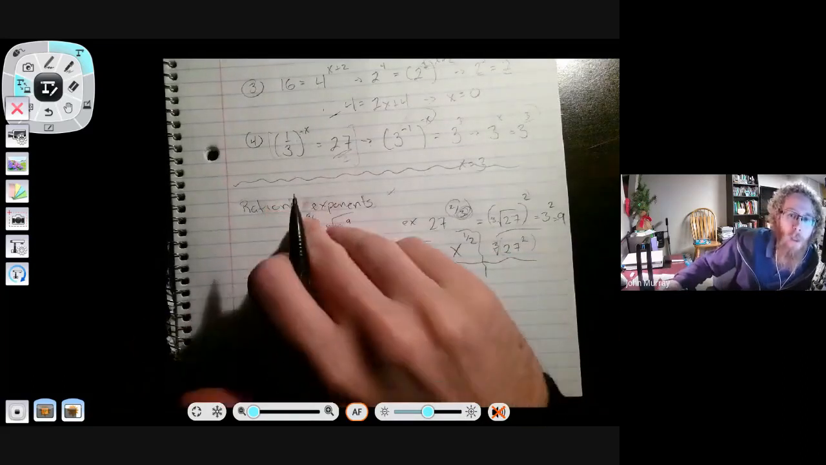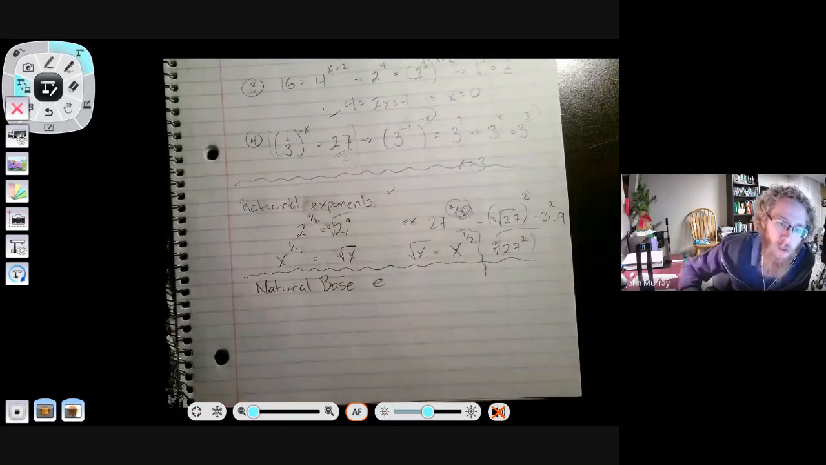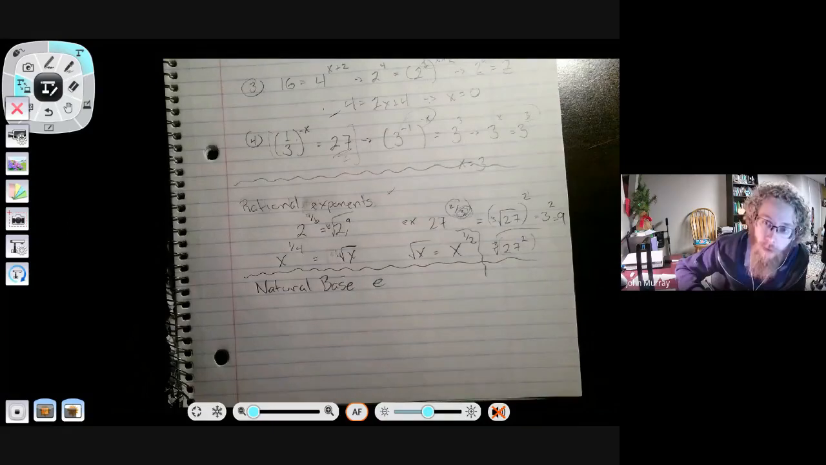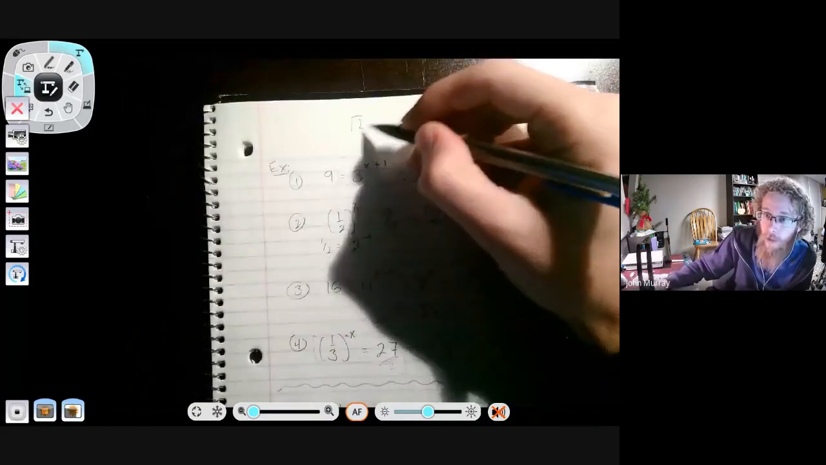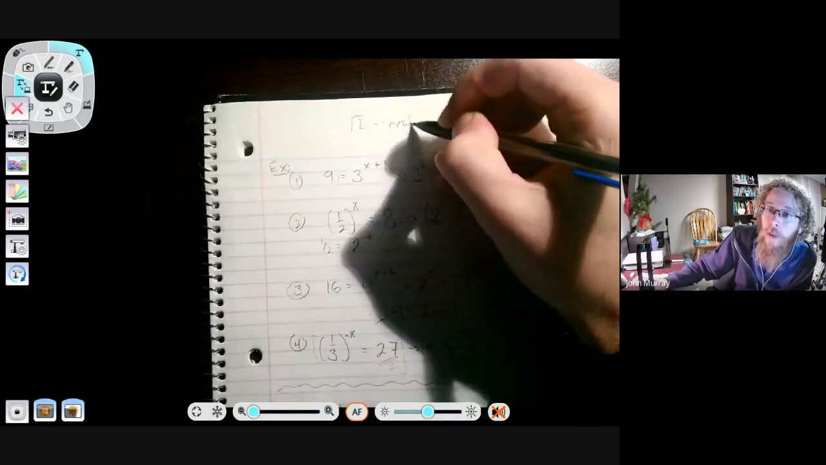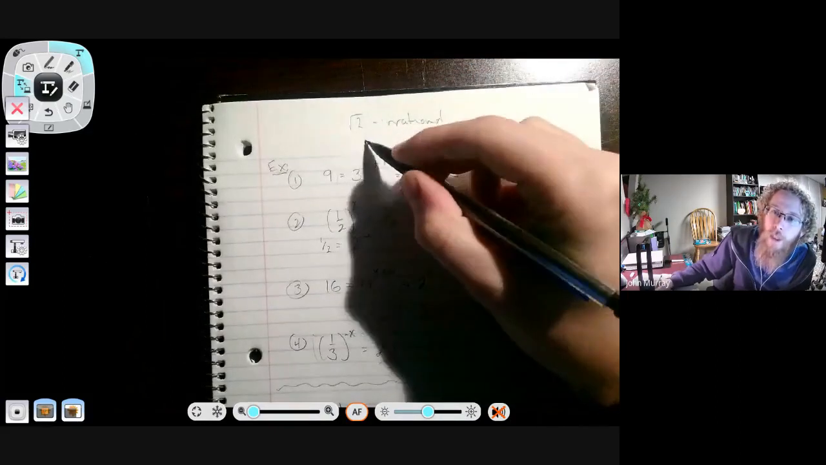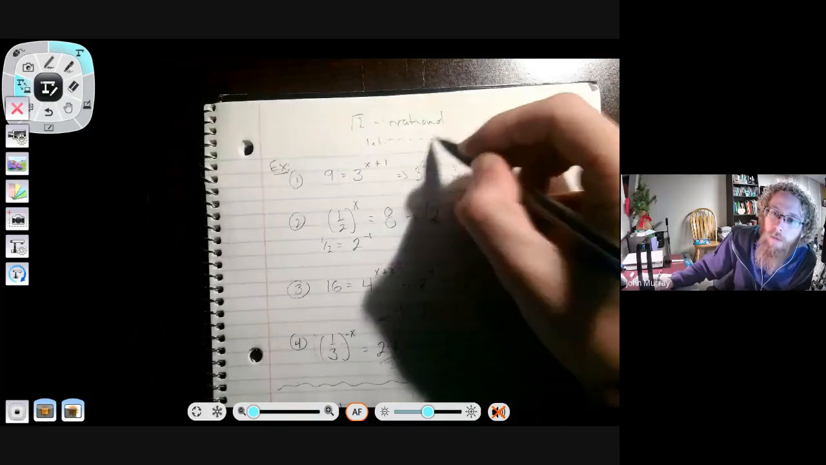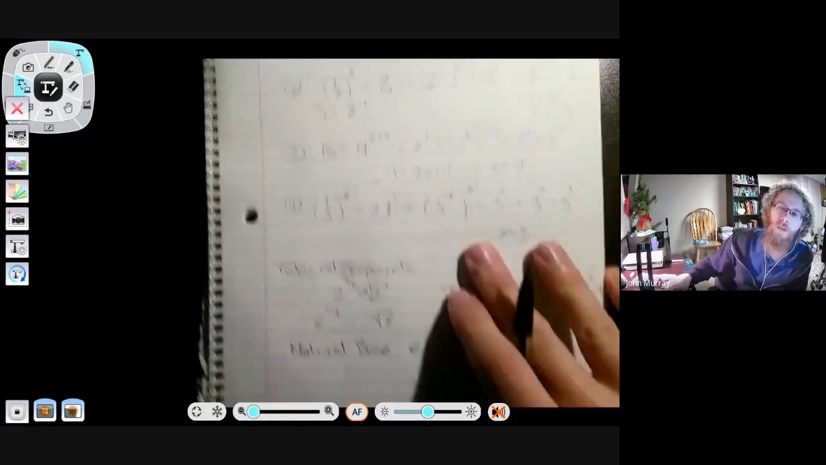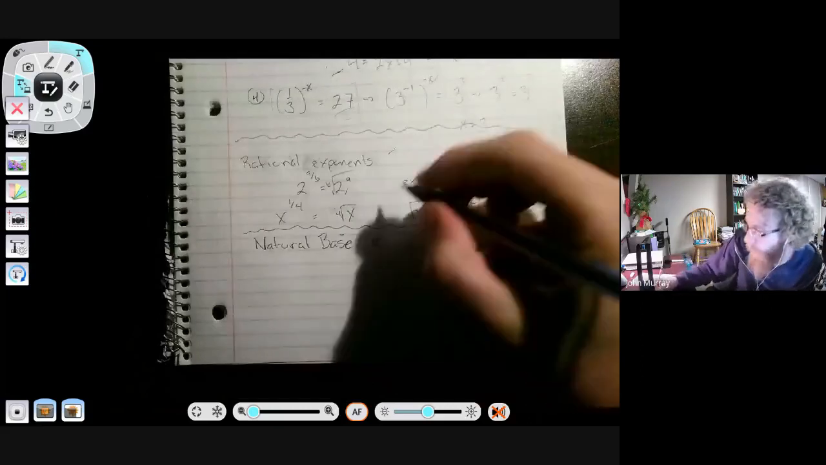A rational number can be expressed as a fraction, right? So 2.5, that's a rational number. I can write that as 5 divided by 2. Pi is an irrational number because I can't write that as a fraction. The square root of 2 is an irrational number because there's no fraction, right? It's some decimal that goes on forever, right? So e,